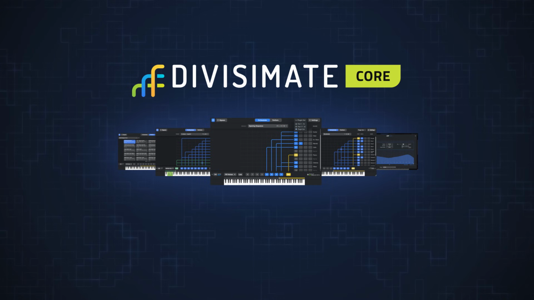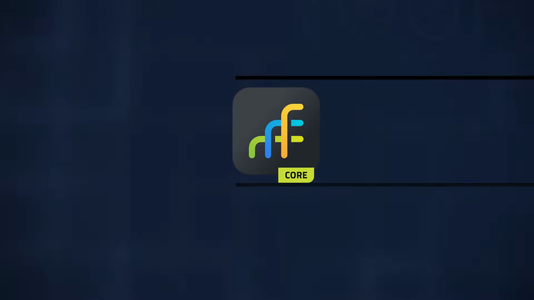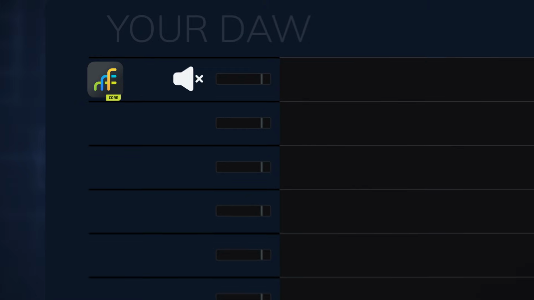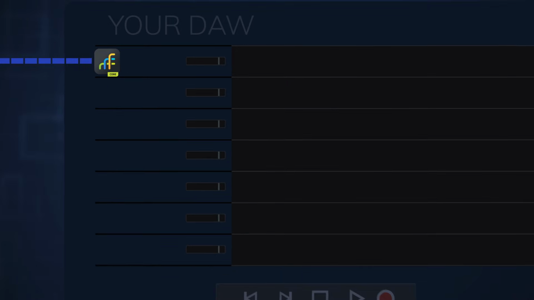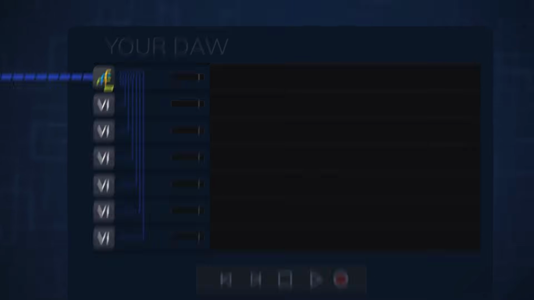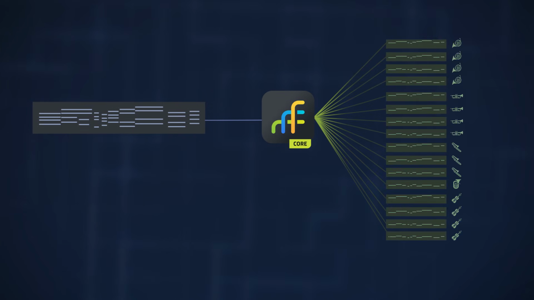So first, let's cover the basics of what Divisimate Core does. Divisimate Core runs as an instrument plugin in your DAW, but on its own it does not produce any sound. When MIDI comes in on the plugin track, it is split up into individual parts that can then be sent out to different instrument tracks. So essentially, it is a tool to take MIDI, be it played live or prepared MIDI regions, and spread it